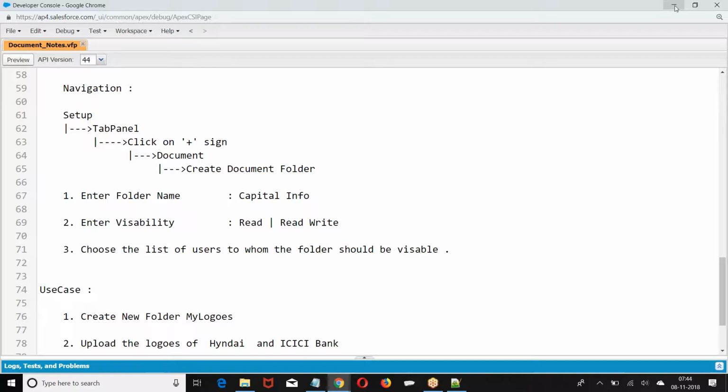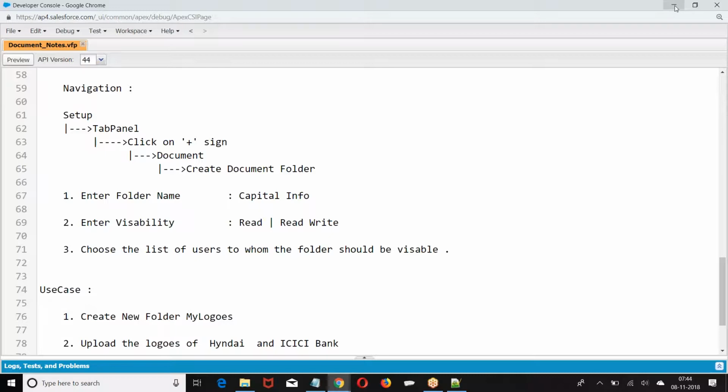Now, any application created by the Salesforce cannot be deleted. You can only customize it, you can hide it, as per your business requirement.